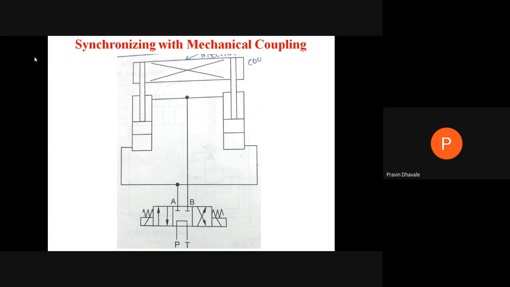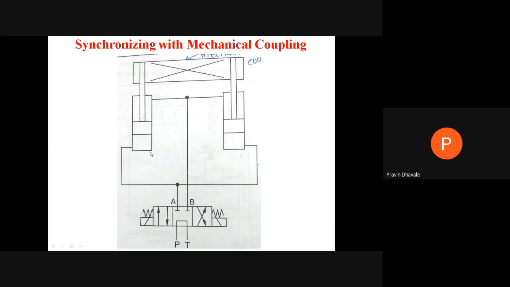The second circuit, that is a synchronization. Synchronization circuit, where it is to be required. If we are considering, these are the two cylinders, right? This is the first cylinder. This will be the second cylinder, right? If we are not coupling the rod of the cylinder, this will be the mechanical couplings here,